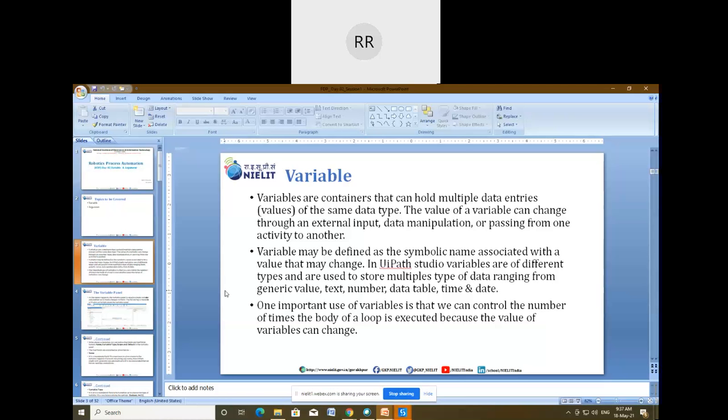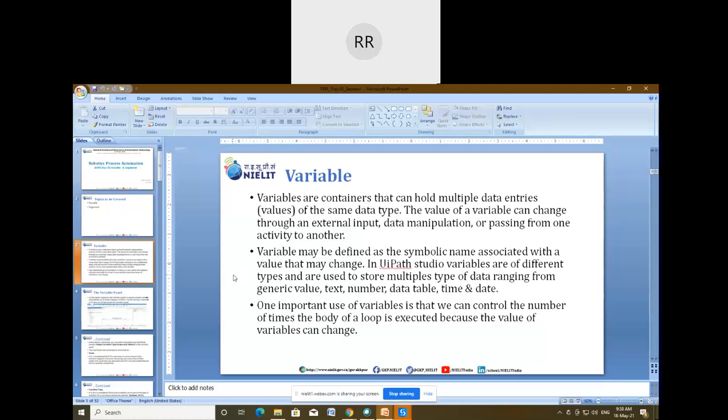Okay. So in short, if I want to summarize the definition of variable, a variable may be defined as a symbolic name that is used to store data. That data may be provided by the user or by the person who is working on that particular automation project or example.